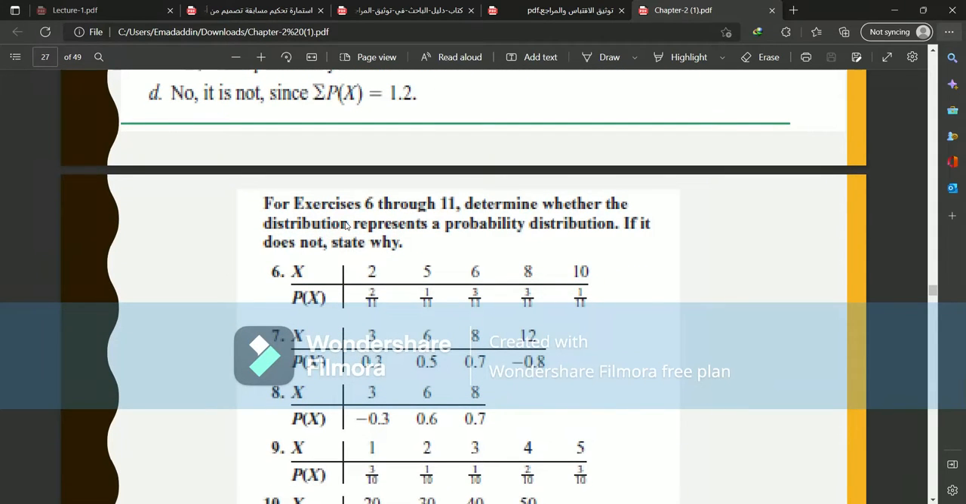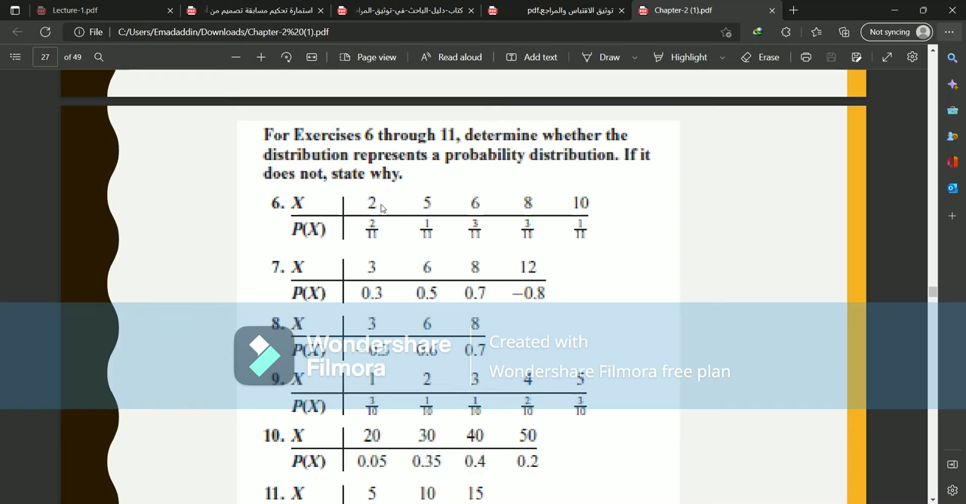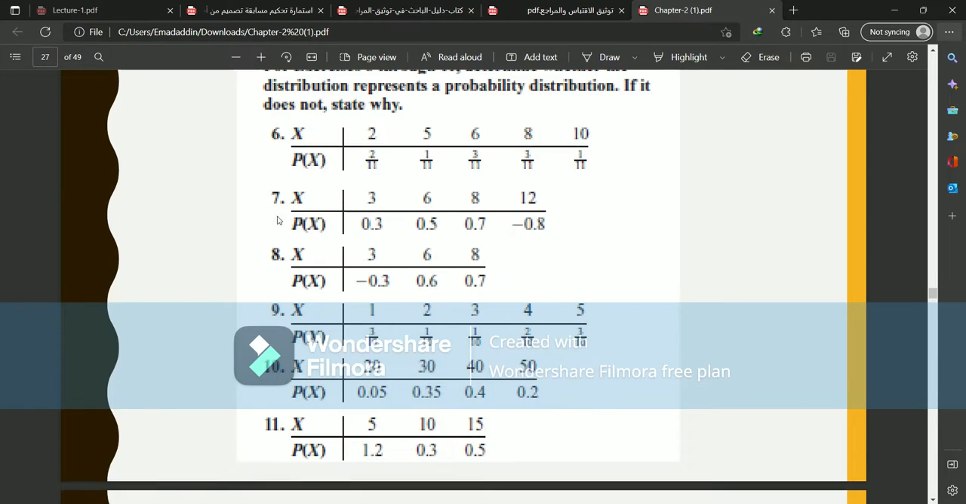For exercises 6 through 11, determine whether the distribution represents a probability distribution. If it does not, state why. P(x) equals: 1, 2 over 11; 5, 1 over 11; 6, 3 over 11; 8, 3 over 11; 10, 1 over 11. 7, x and P(x): 3 over 0.3, and 6 over 0.5, 8